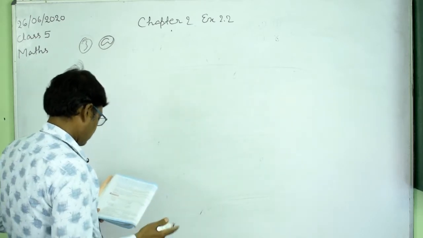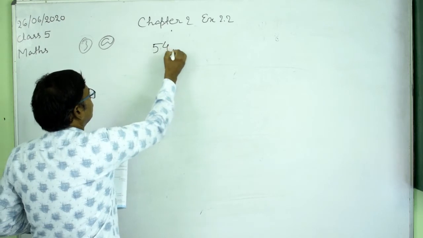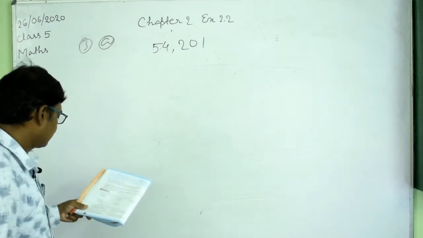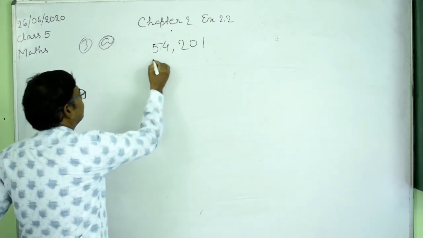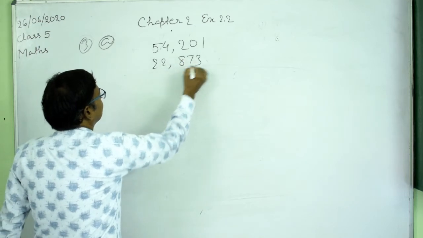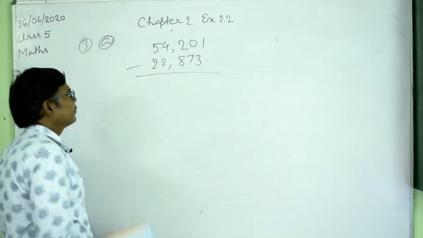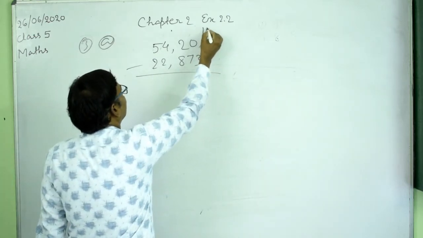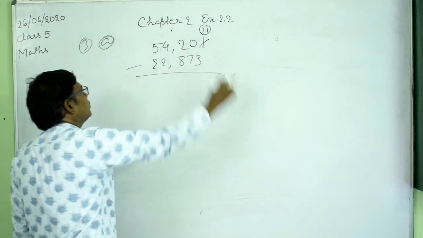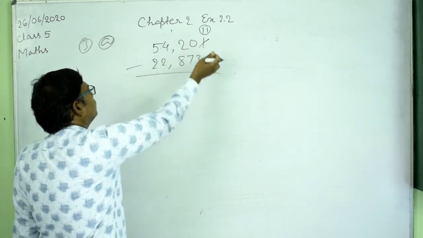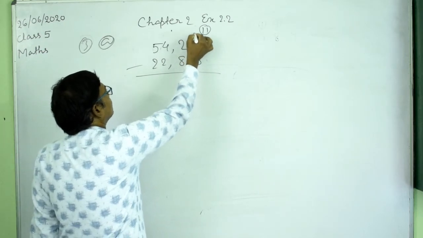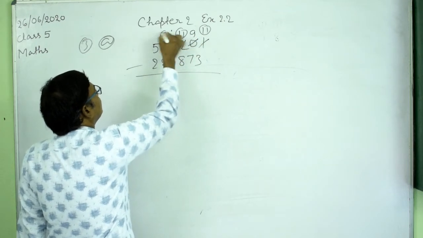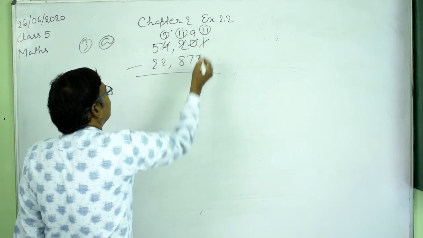So write 54,201, and the other number is 22,873. So now subtract. Here 1 is less than 3, so borrow, then you will have 11 here. And it is 0 here, so you have to borrow from this 2 and give 1 to this number, then you will actually have 9 here. And here you will have 11, and here it will be 3, and then 11 minus 3 is 8,